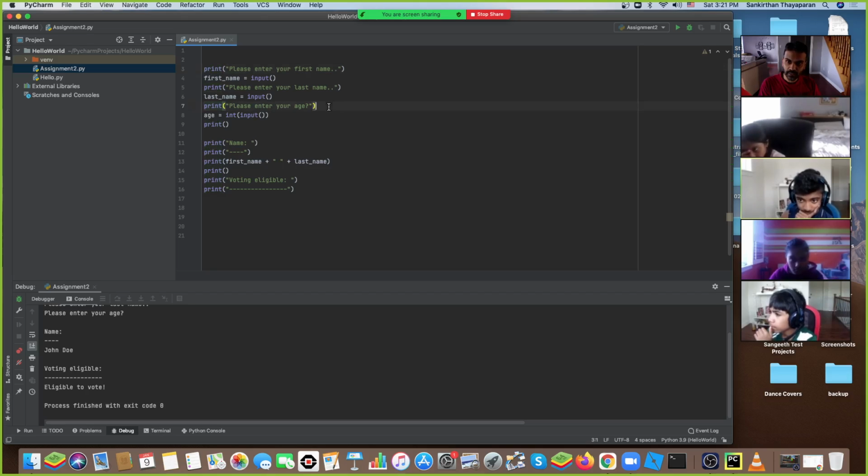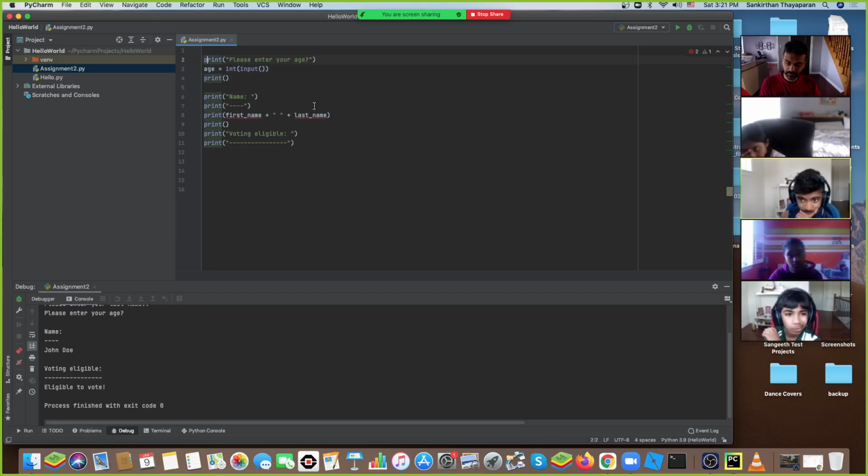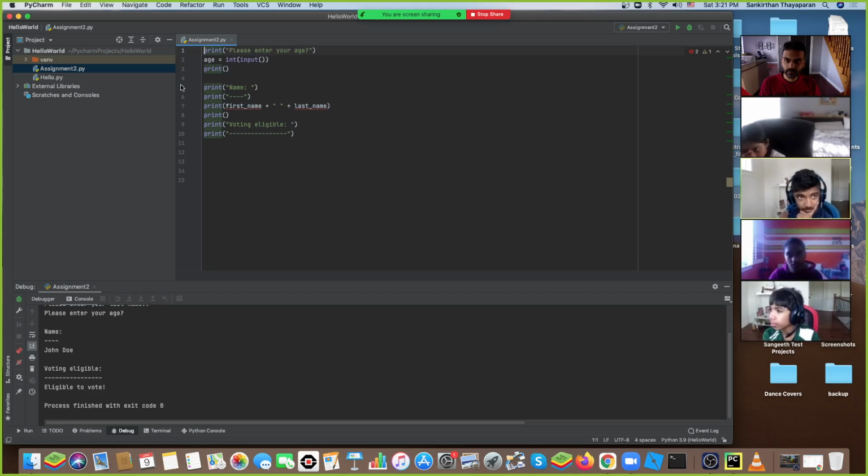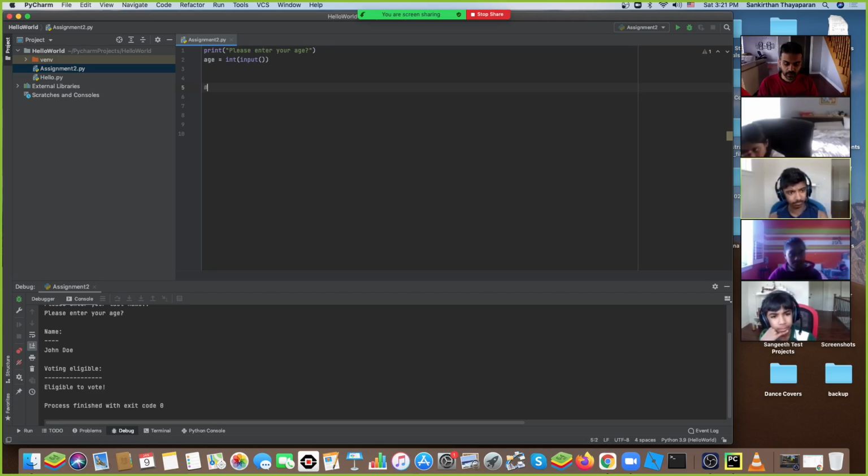I'm just going to take the age for now. So let's say I have an age and our requirement is that if age is less than 2, I'm going to print out